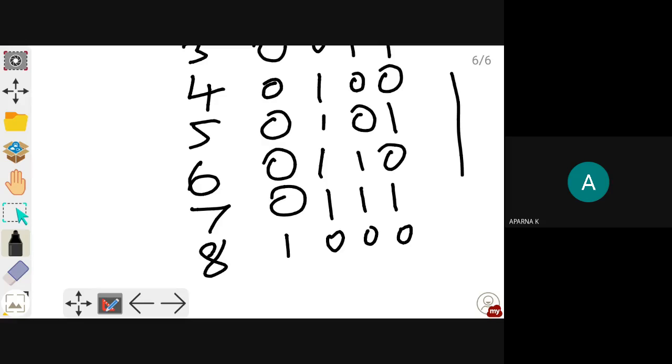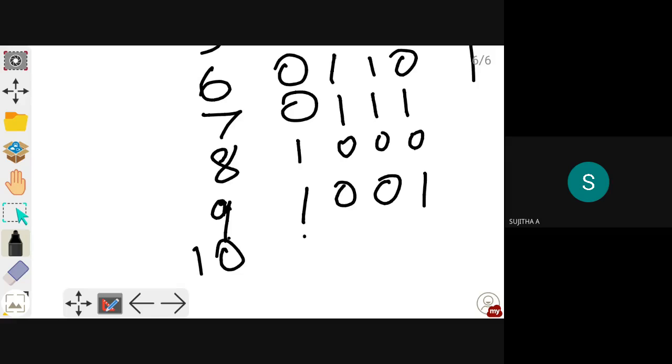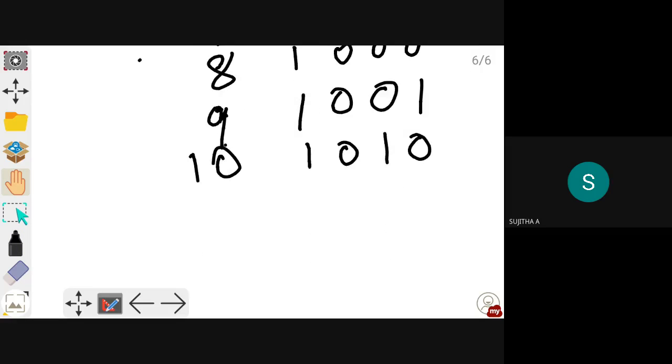And 9 will be 1, 0, 0, 1, because 8 plus 1. And next 10 will be 1, 0, 1, 0. Then 11 will be,